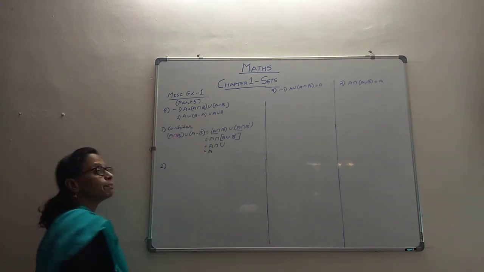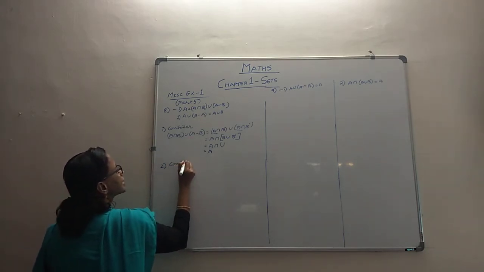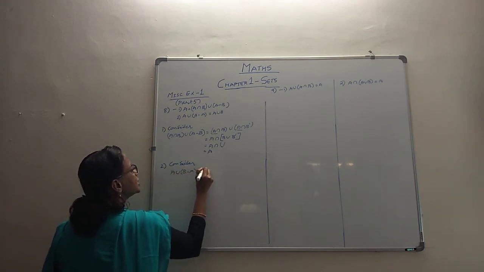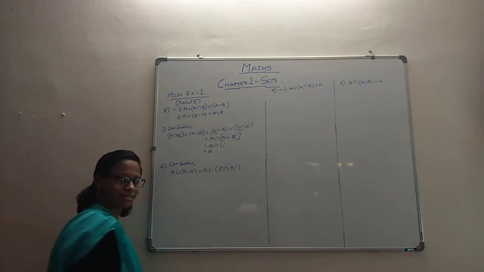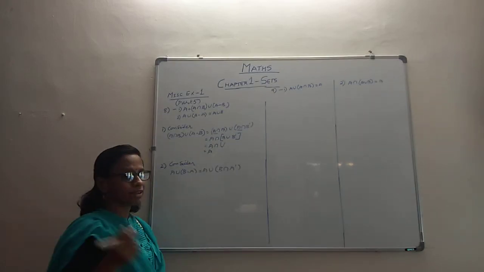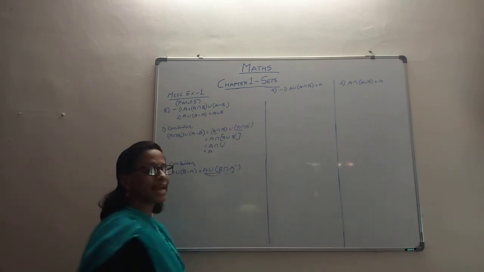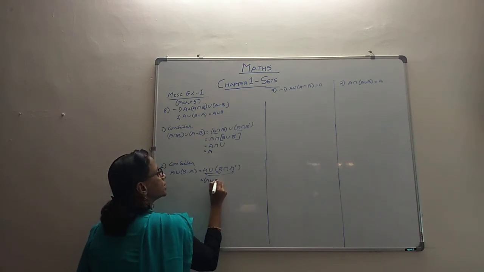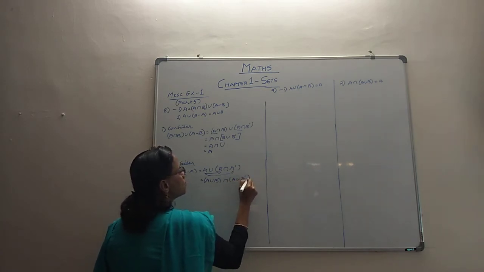Now let's go to part 2. In part 2 also, let's take this part and we can start. Let's consider A union B minus A. Same definition: let's call B minus A as B intersection A complement. For our convenience, we have taken this as a definition. Now again we have to apply the distributive law. A distributes over B and A complement. So in the first bracket it comes to A union B, and in the second bracket it comes to A union A complement.